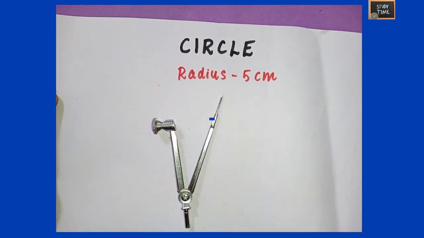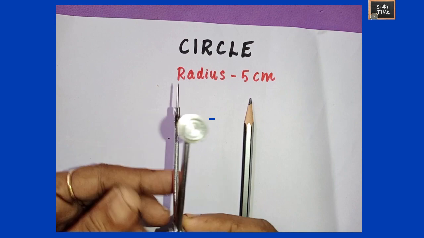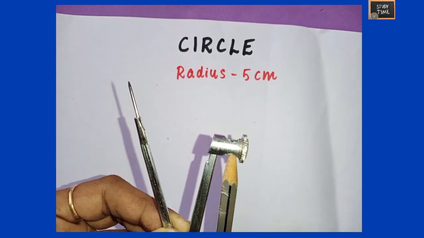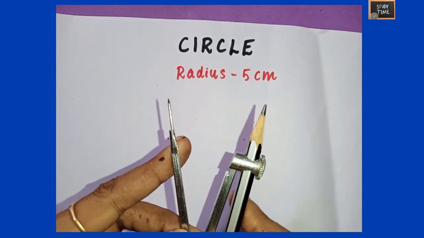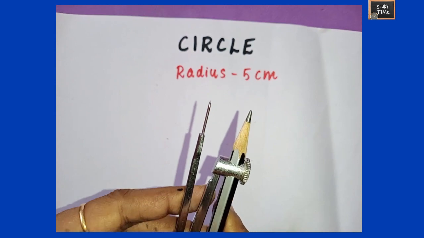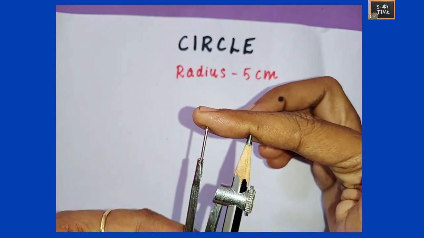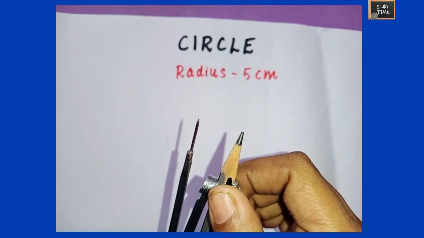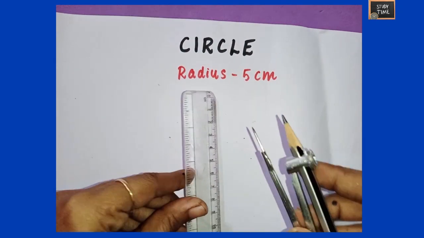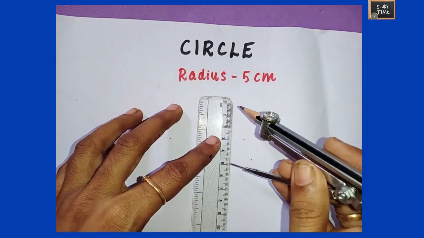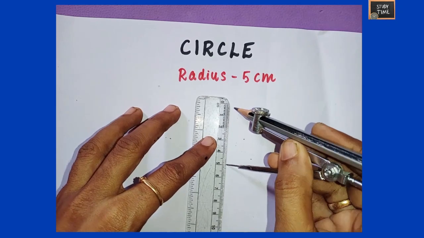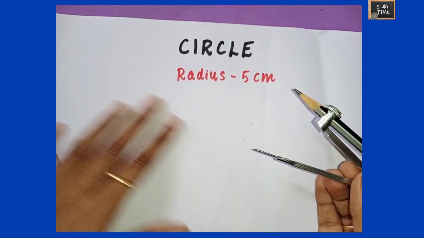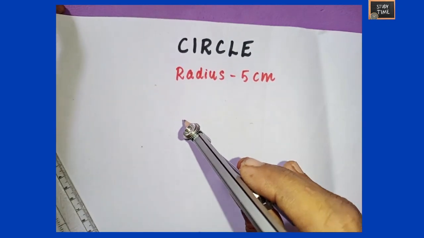Next, you are going to see how to make a circle with radius 5 centimeter. This is a compass. You can see the screw. So loosen the screw and you can insert the pencil. Make sure it is at the same point where the compass is. You can adjust the size of the pencil to make it equal to that of the compass, then measure the centimeter with a ruler scale. Then mark a point, the center, where you have to draw the circle.